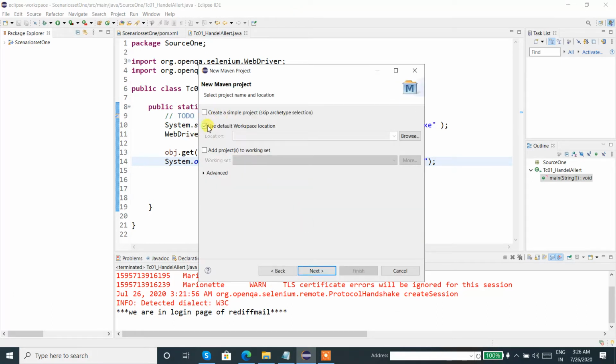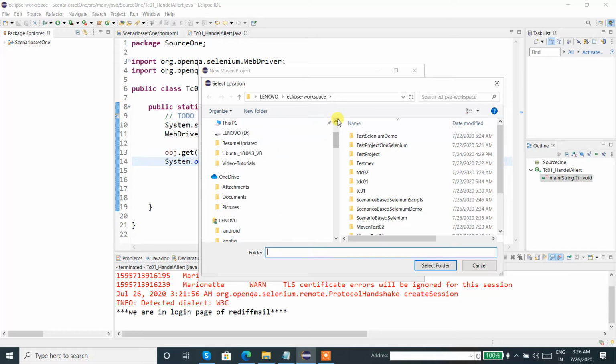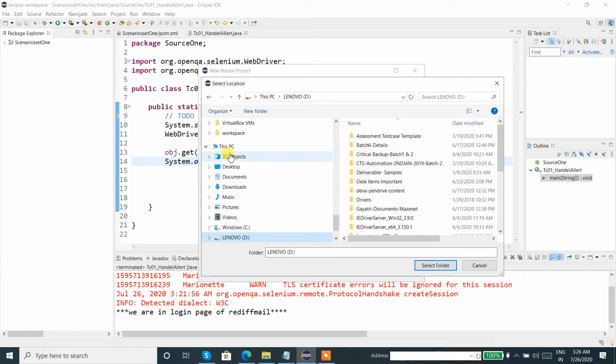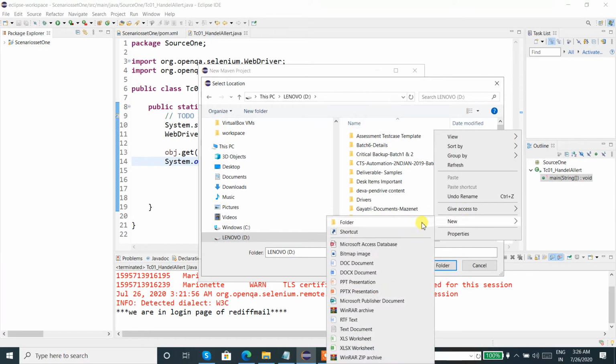Instead of using the default workspace location, we should create a new simple project, and here we can give the project folder. To give a project folder, we can create a brand new folder in any of the drives where space is available. Let me go for D drive and create a new folder.